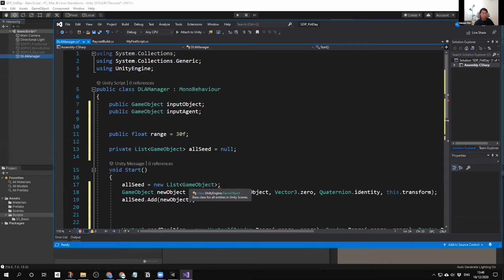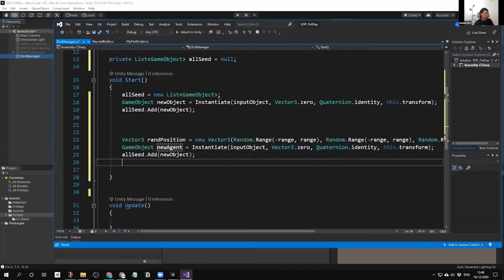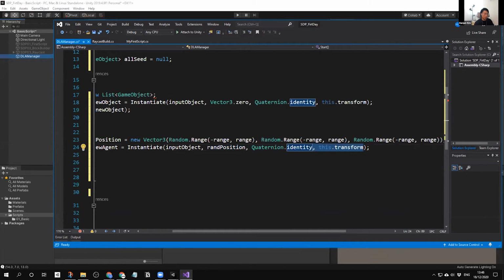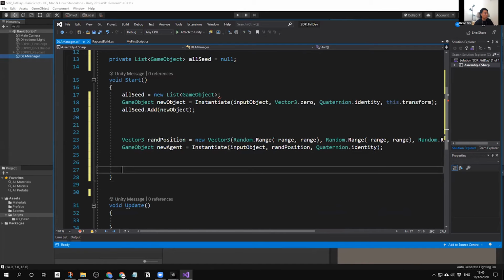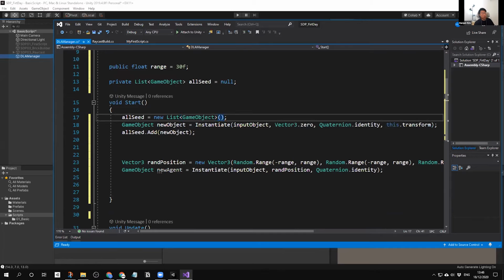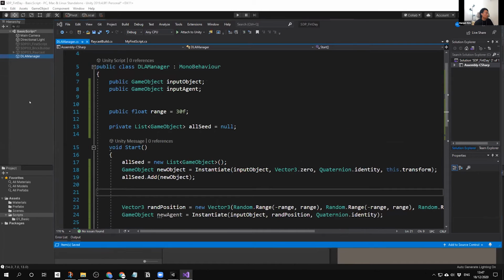Where is it? New, let's say agent. We don't need to add them into the seed. So for the new agent, we're going to generate a random position without the rotation, and maybe we want to put them outside. Here we need the brackets. And if I save this one and refresh it here,